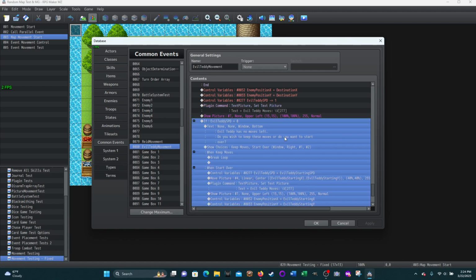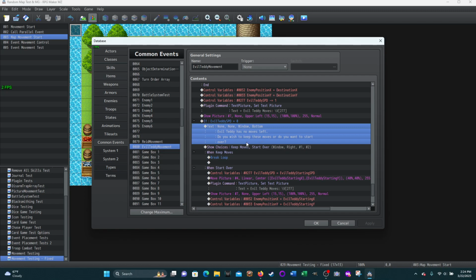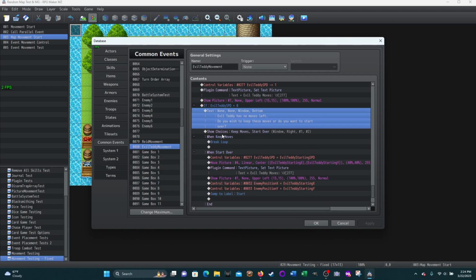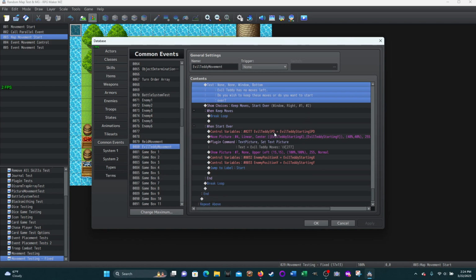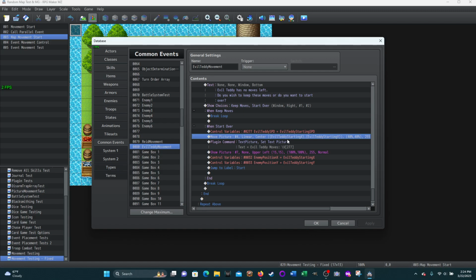We're doing this conditional branch to check if Evil Teddy speed is 0. And this is, again, very, very similar to Read's, just referencing Evil Teddy instead. Still has moves left. Do you want to keep them or no? Keep or start over. When keep, break the loop. When start over, then we're going to do this for Evil Teddy. Evil Teddy speed is set to Evil Teddy starting speed. And then we're going to actually move the picture of Evil Teddy back to the starting X